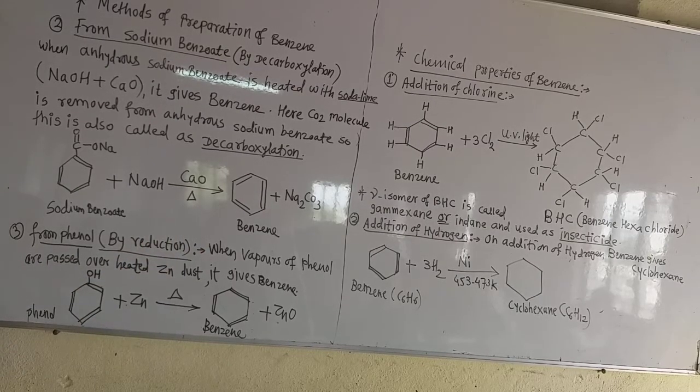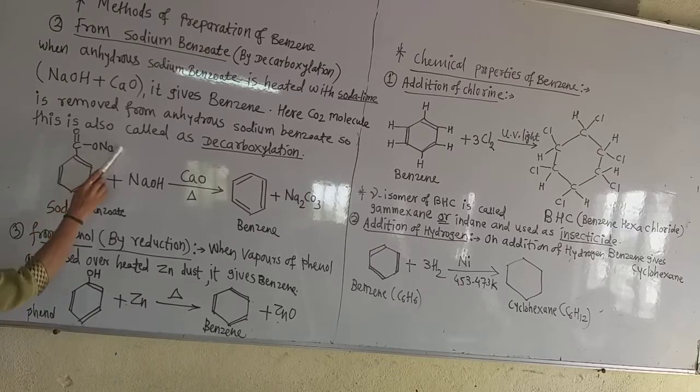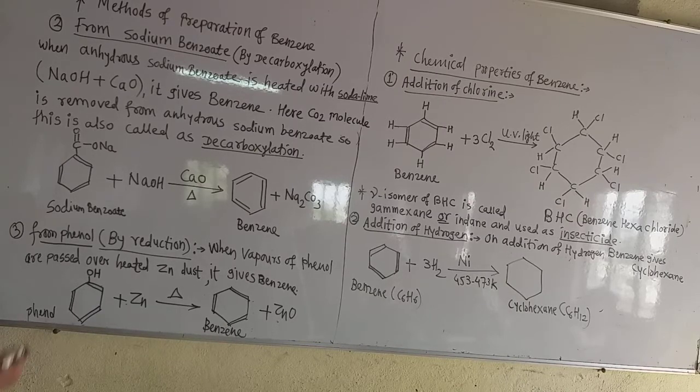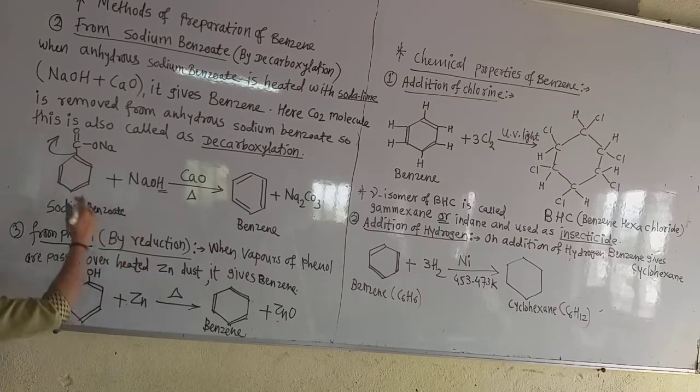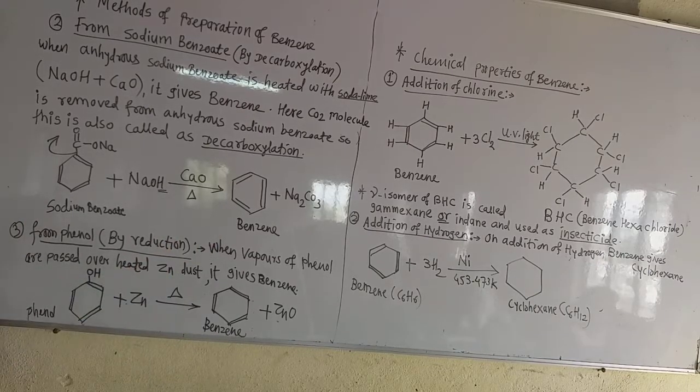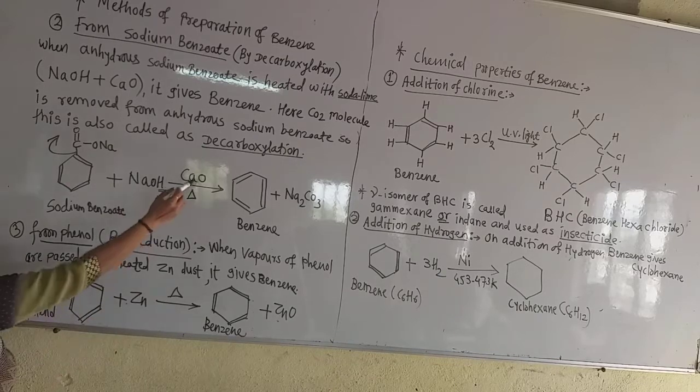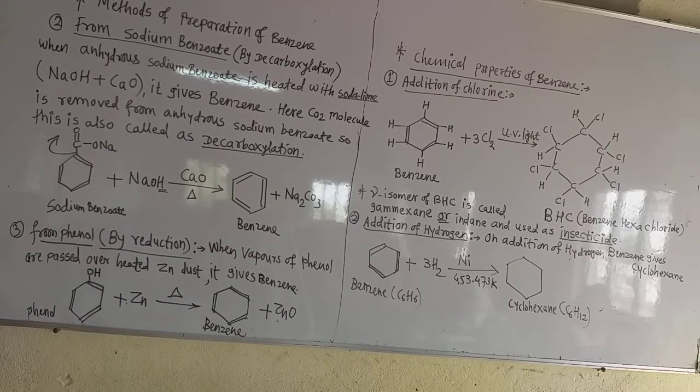See here. The hydrogen atom from the NaOH attaches to the carbon of the benzene ring, because here is the COONa group, there is no hydrogen. So when this COONa group breaks away, what happens? This hydrogen attaches to this ring carbon of benzene. Now there is the formation of benzene. And what is remaining? The byproduct is 2Na, this C and this 3O. This is only given here but does not take part in the reaction.